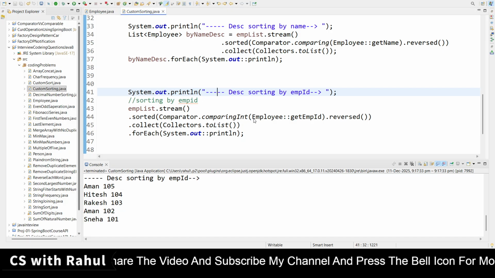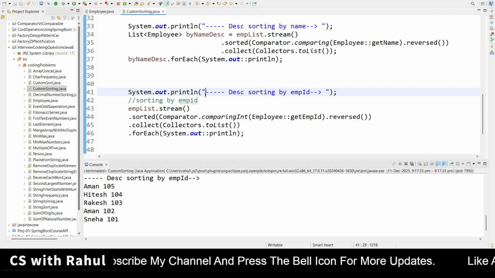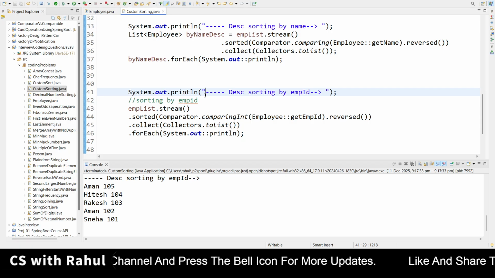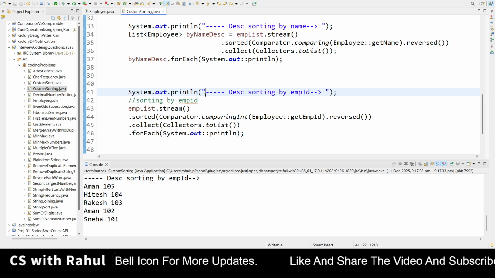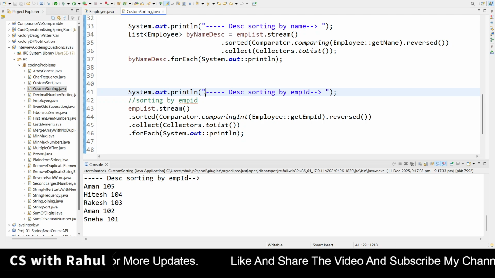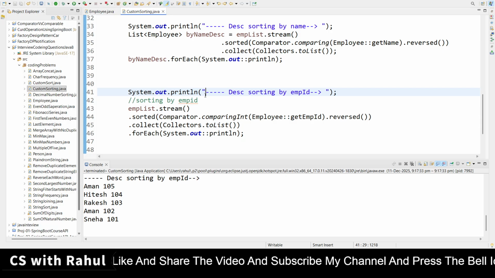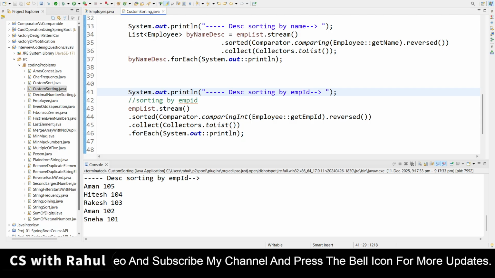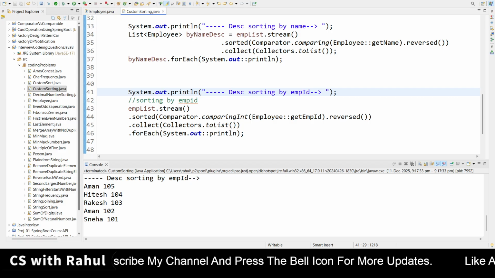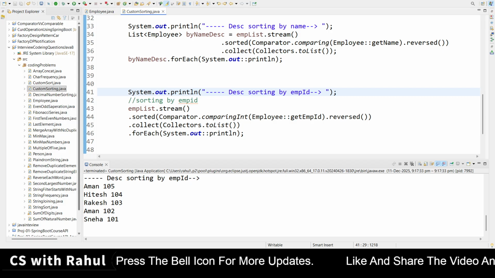In the next video, I will show you, if two names are the same, then how can you do sorting based on name, but when the names are the same, then how can you do it by the employee ID? Means you have to swap it, so that I will cover in the next video, because this video will be going to be of more length. That's why I'm keeping this for the next video.